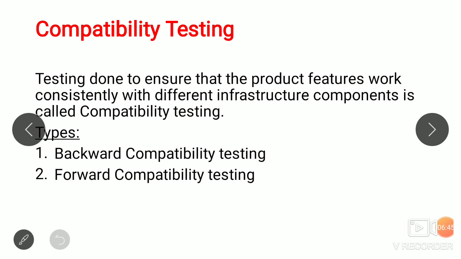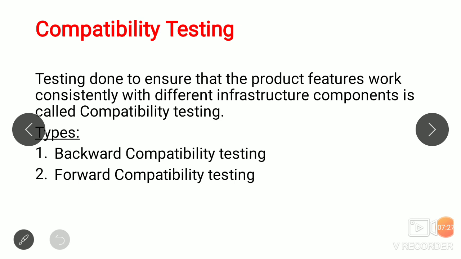that is the CPU, whether it is a Pentium 3 or Pentium 4 or Core 2 Duo, like this, and the number of processors in the machine. The second one is architecture and characteristics of the machine, whether it is 32-bit or 64-bit and so on. The third one is resource availability on the machine, whether the RAM is available or the disk space is available or network card is available. Like this, based on the resource availability, we are going to check the compatibility of the machine. The fourth point is equipment that the product is expected to work with, like printers, modems, routers.